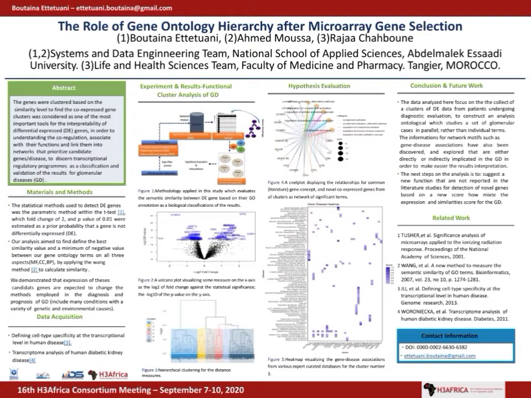I'm here to present to you the role of the gene ontology article after microarray gene selection. Our approach, as you can see in figure number 1, aimed to identify significant differentially expressed novel and common genes and other variants from various processes, then co-expressed genes based on the similarity between genes, not only